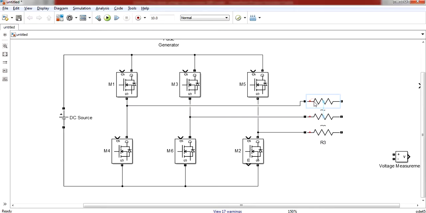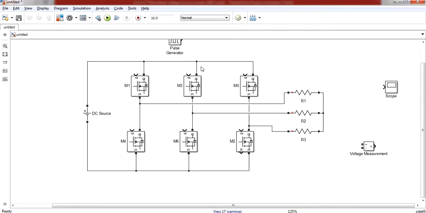Now to make a star connection, what do we have to do? We have to connect the 3 terminals of R1, R2, R3 with each other. This will make your star connection. Now up to here we have done the input, output and the circuit diagram.